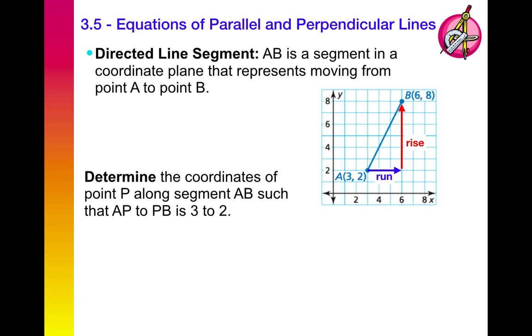So I want to go 3/5 in the direction of the x and in the y. So I will take the direction of the x, which is the run, and it's going from 3 to 6, so that's going to be 3 units. So I take 3 units times 3/5, and that's going to get me